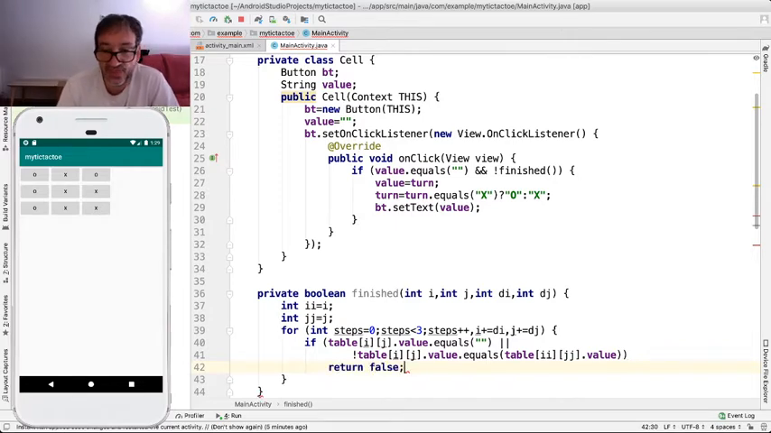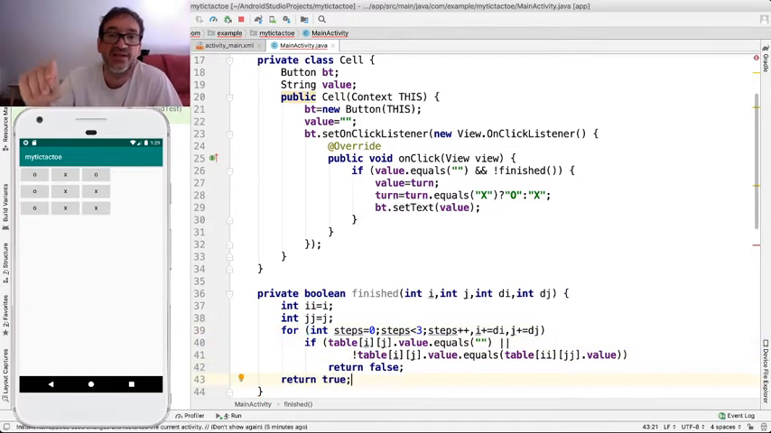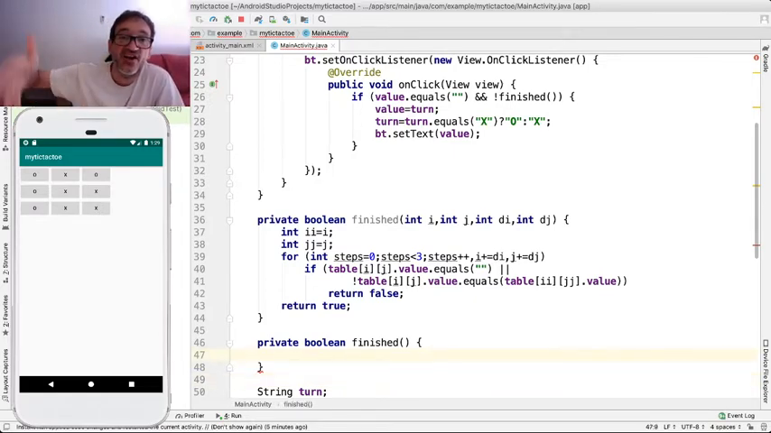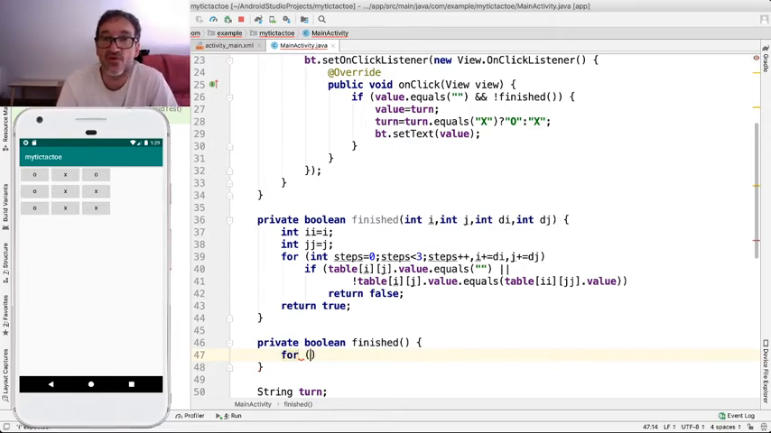Okay, because exactly, we don't have 3 identical elements here. Otherwise, we have found 3 identical elements. We return true. Okay. And now we must use this in order to check every column, every row, every diagonal. So for example, okay, let's start with rows. For each row,